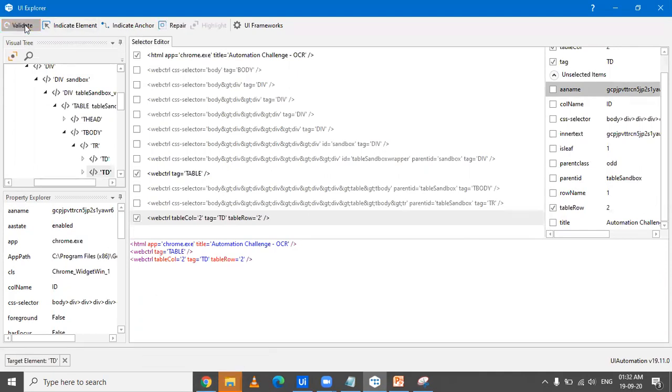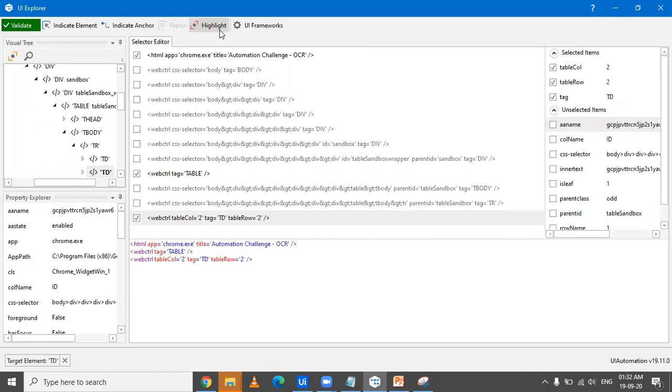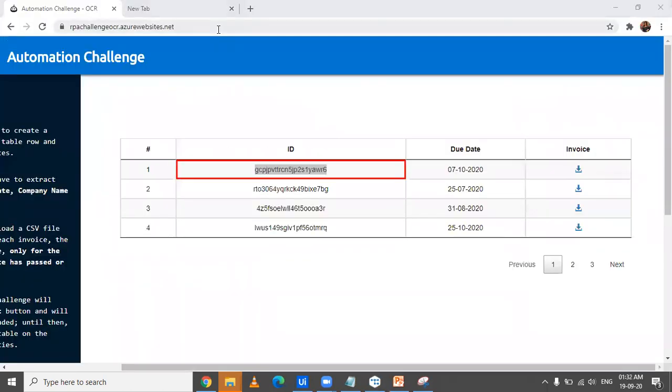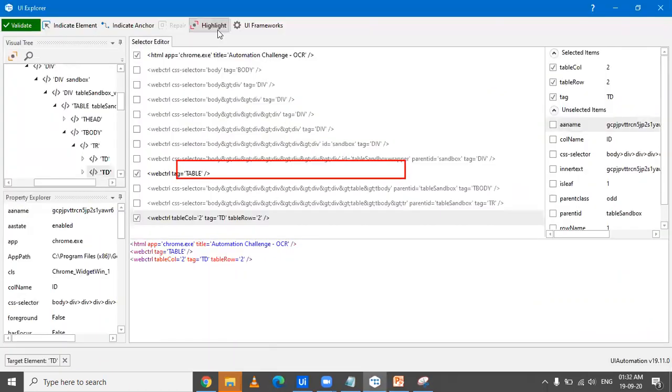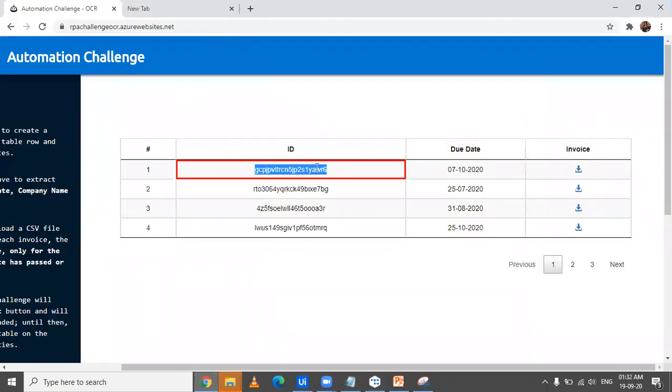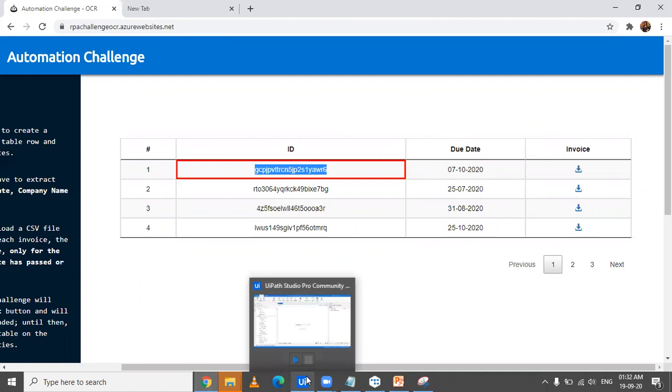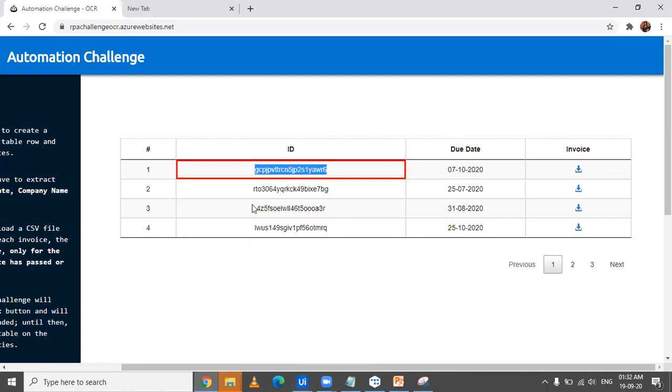If we validate this and see the selector saying row 2 and column 2, what is it actually indicating? It's indicating the first row, which means that the header is being treated as the first row, and this is being treated as the second row. So if we just keep on incrementing the row number,